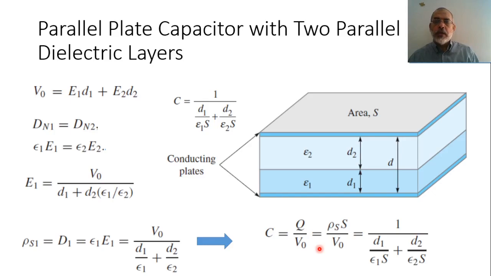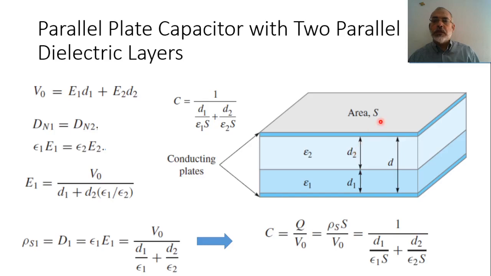We already derived the capacitance for a parallel plate capacitor separated by dielectric material. What will be the situation if we have two series dielectric materials, such that between plate 1 and plate 2 we have two dielectrics arranged in series, epsilon 1 and epsilon 2, where epsilon 1 has thickness d1 and epsilon 2 has thickness d2, and the total separation is d equals d1 plus d2.